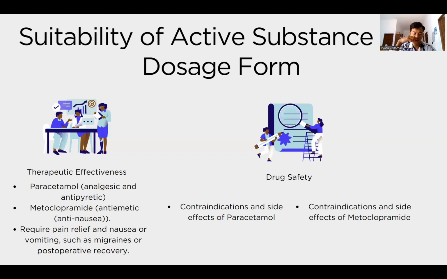And the contraindications of metoclopramide are diabetes mellitus, Parkinson's, hypertension, heart failure, and pregnancy. While the side effects can be dizziness or fainting, because it can cause hypotension, drowsiness, allergic reactions, and so on. So for this case, paracetamol still uses the oral route, while metoclopramide uses the rectal route due to